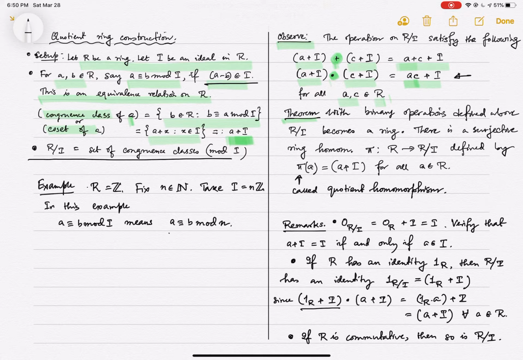A rather big generalization, or a vast generalization. Okay. So in this example, the equivalence classes, these congruence classes, are exactly the congruence classes mod n. So Z mod n is the same as R mod I in this example. So in the present notation,